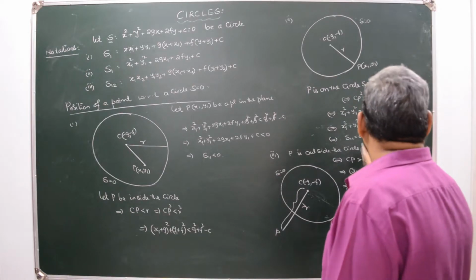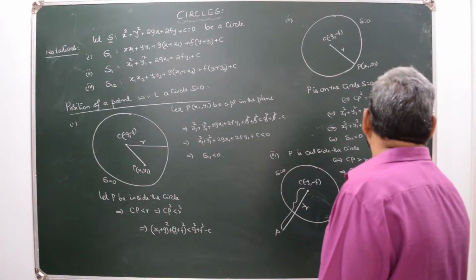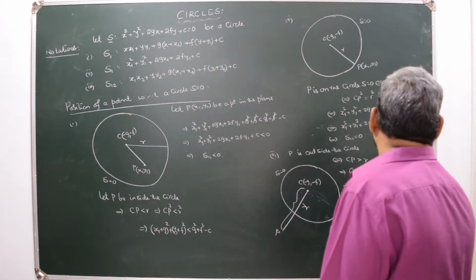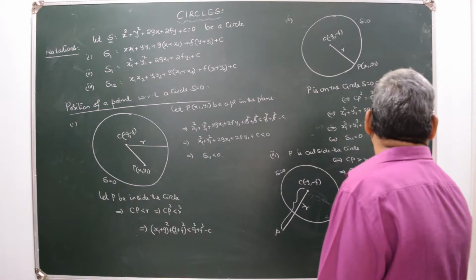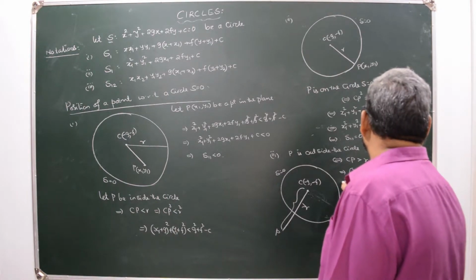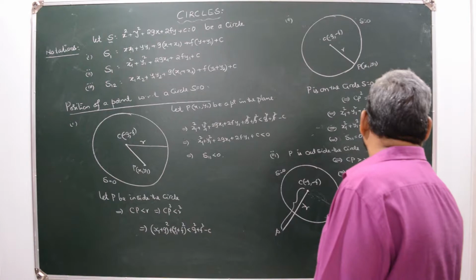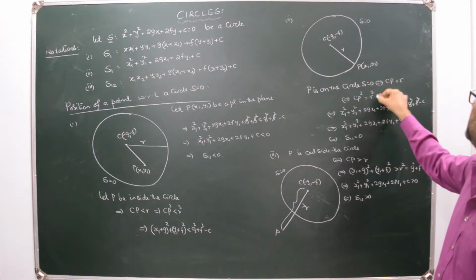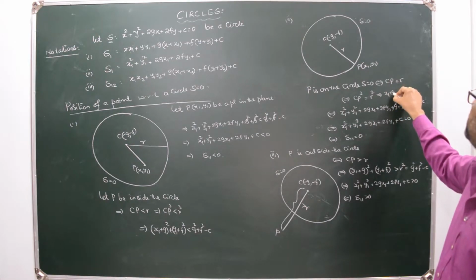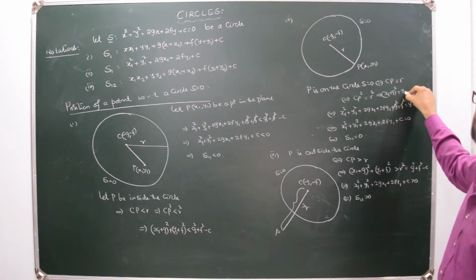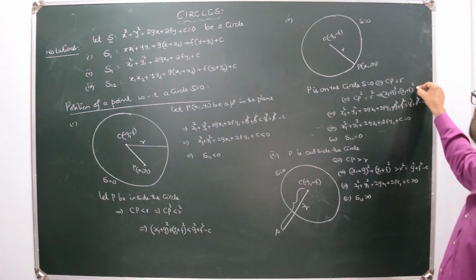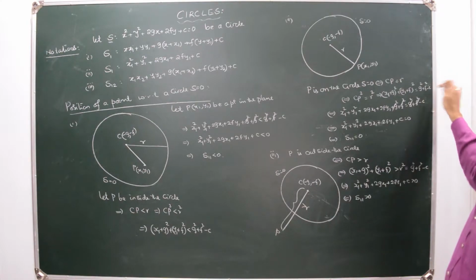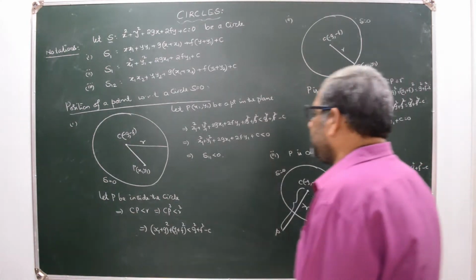I will write it right because all are same. x1 square plus y1 square plus 2gx1 plus 2fy1. You can cancel g square and f square plus c greater than 0. Implies and is implied by S11 greater than 0. Here also you can write this implies, you can write like this: (x1 plus g) whole square plus (y1 plus f) whole square is equal to g square plus f square minus c, if you need. You can also write like that. So S11 greater than 0.